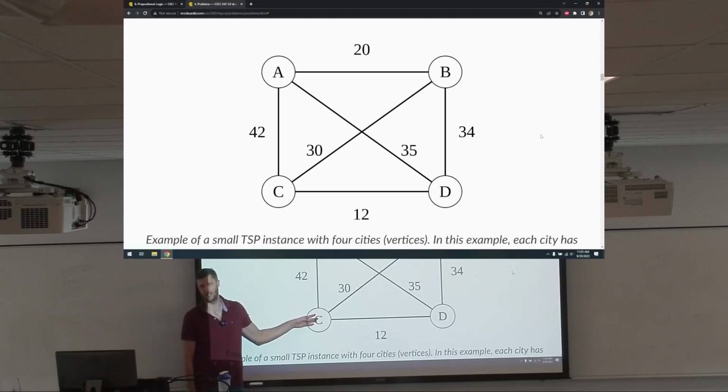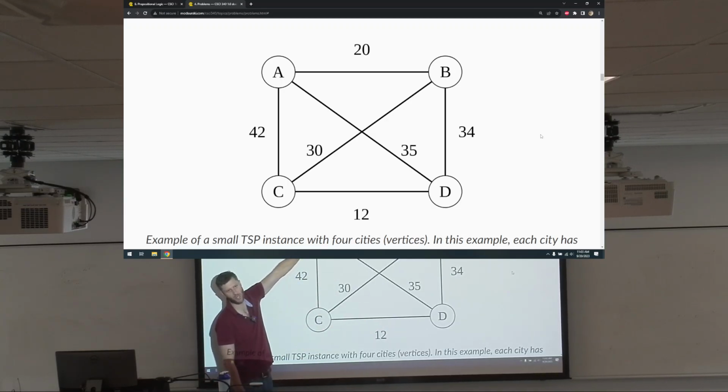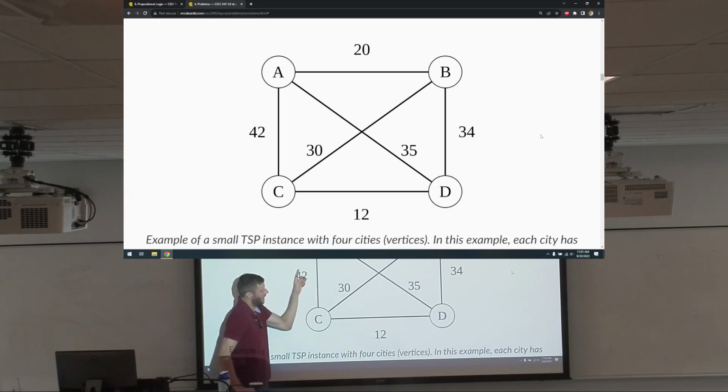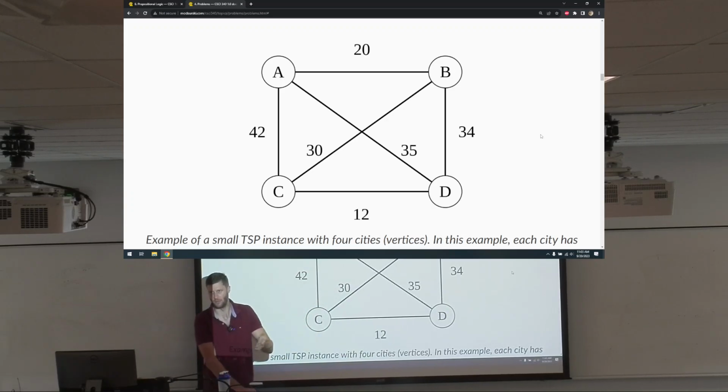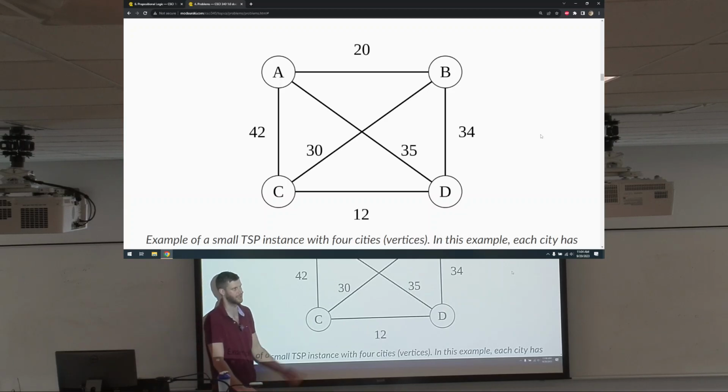Now I have to go to the next city. How many options do I have left? 3. I've got this one, or that one. But let's say I go to this one. How many options would I have left? And then how many options would I have left? Right, so it would be 4 times 3 times 2 times 1. Well, that's factorial, right? Now we can get fancy and be like, well, the first one's fixed, and technically the